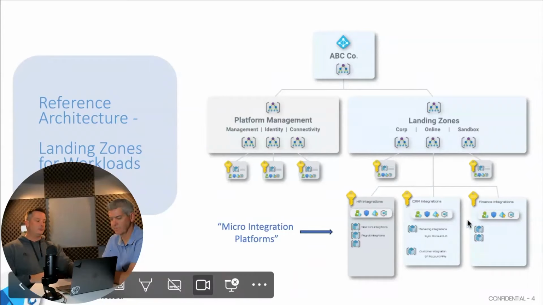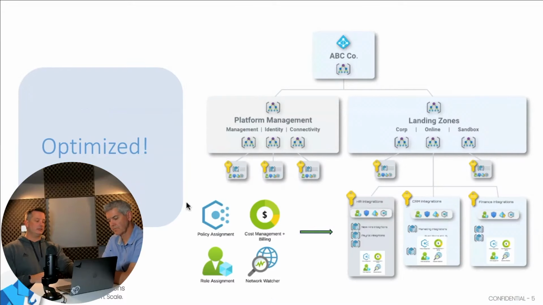Right. And where that really comes to light for me is these 4 boxes here. Each one of those landing zones can be specific around the policies I apply. And I'll have a slide after that which walks you through some of those policies. But from a governance perspective, I can apply separate policies for HR versus my finance. And I think that's powerful. Of course. Again, in monolithic, not capable at that point. Cost management: I now know what my HR integrations are costing me inside this landing zone, because that's where you manage them individually. So again, it starts to resemble a micro integration environment.